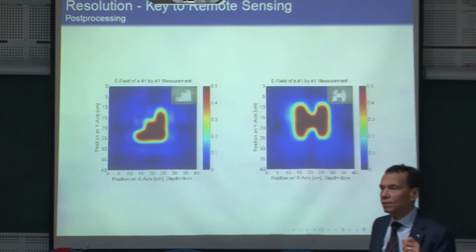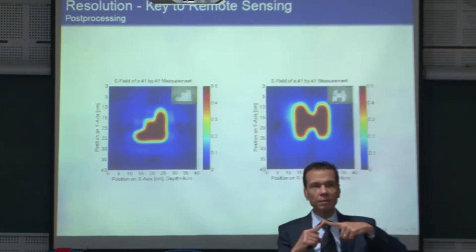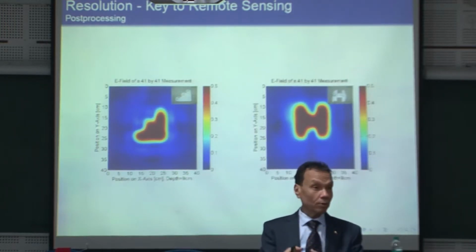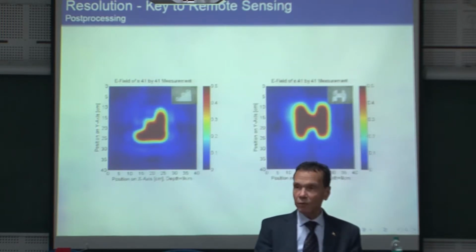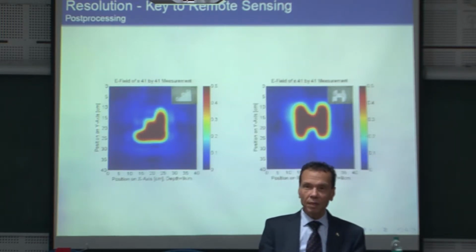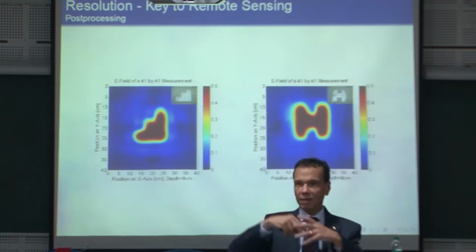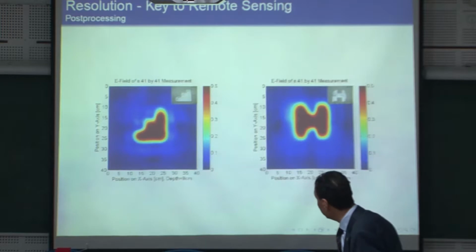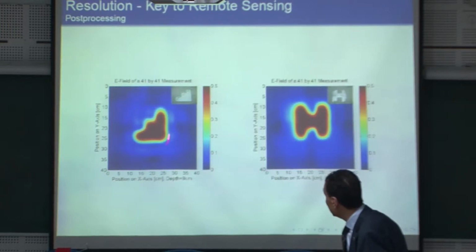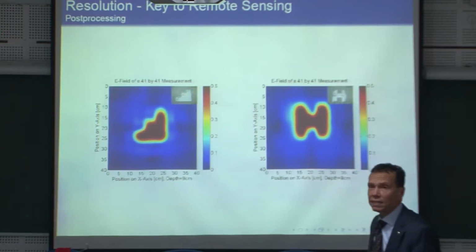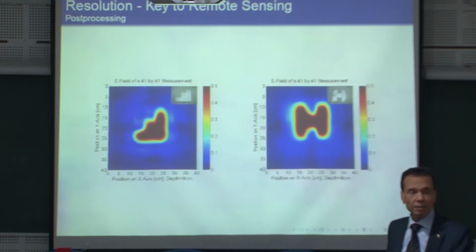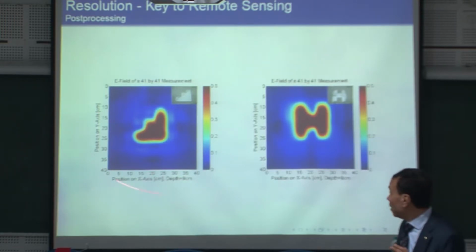I also told you if you have a sharp edge, the sharp edge is convolved now with a spot. If you convolve a sharp edge with a spot, you lose the sharpness because you'll have something which is rounded, and you can also see it here. See the sharp edges here, and there they are rounded. So this is actually the effect of the point spread function. Now it is a lateral one.